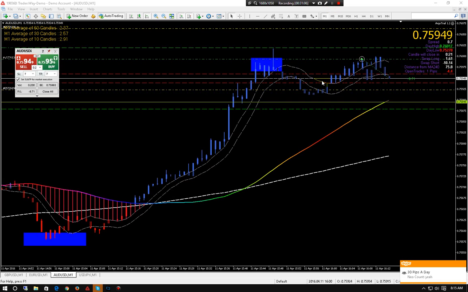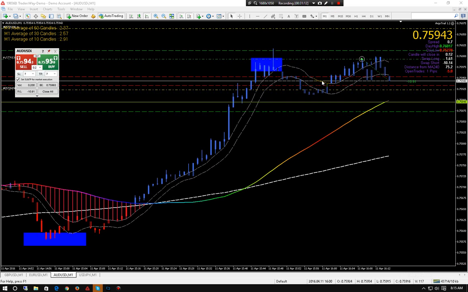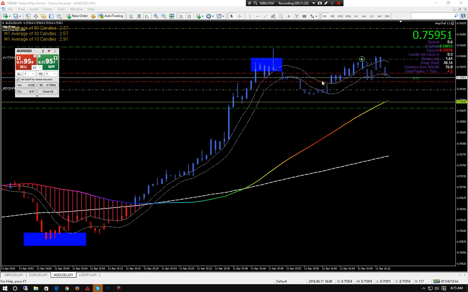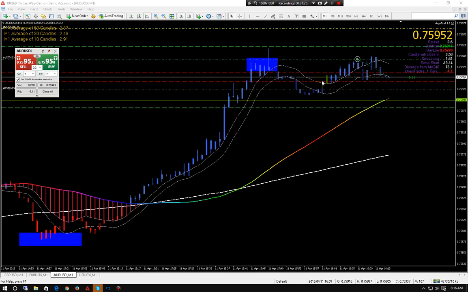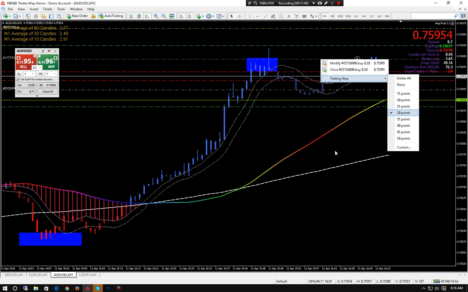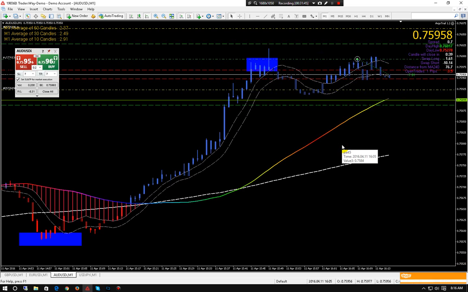Okay, so we were talking about take profit, stop loss. We get into a shit trade. This is learning, guys. I need you to develop good habits. Moving a stop loss is not acceptable. Moving your take profit, for now, is not acceptable. If you take a trade, you need to learn to deal with it, good or bad. The only option I'm giving you, whether you want to do it or not, is up to you, but the only option you have is if you take a bad trade, I want to see a trailing stop on it of 30 points. To do that, all you have to do is find your trade line, open it, go to trailing stop, and select 30 points.